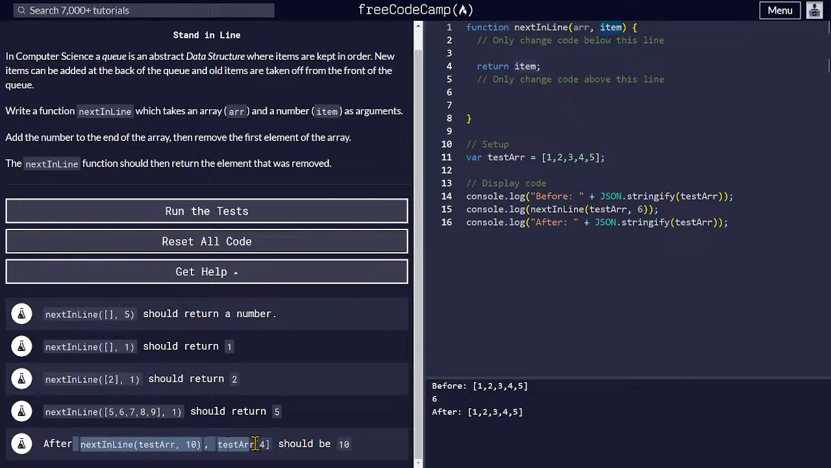After nextInLine, the test array should be, so add a number. Before it is this, nextInLine is the test array with 6, and after it is 1 2 3 4 5. So add the number to the end of the array. If we give this the 6,